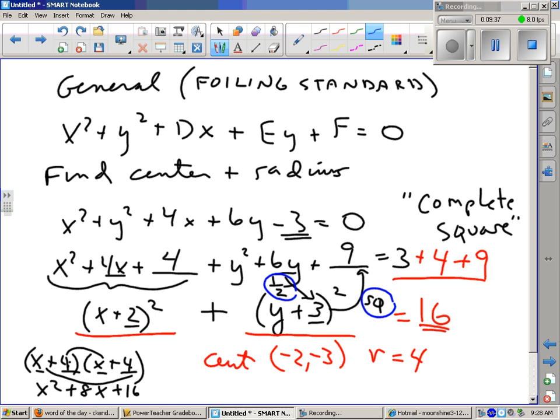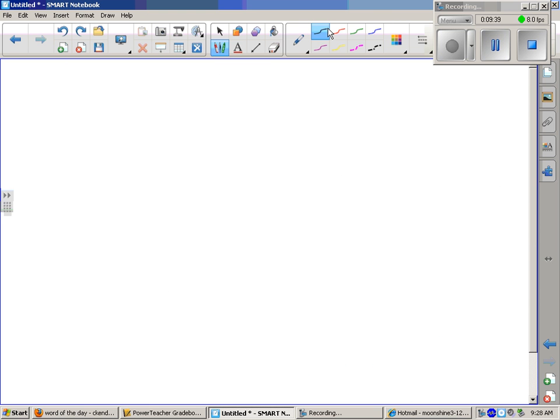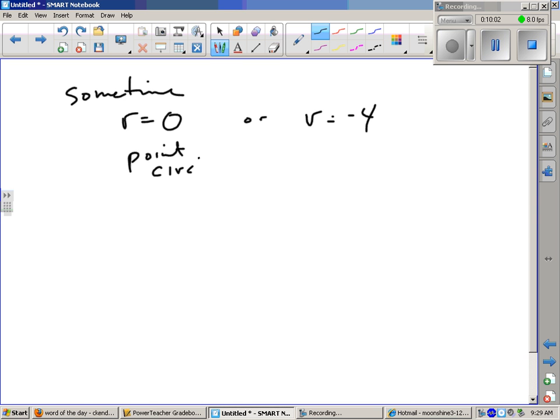All right, one little word of warning. Sometimes you might get at the end r equals 0 or maybe r equals -4. If r comes out to be 0, that means the radius is 0. Think of that. If you have a circle with no radius, don't you just have a dot? So they call this a point circle. Okay, and if you get negative,